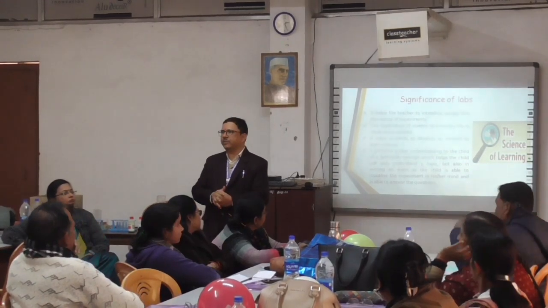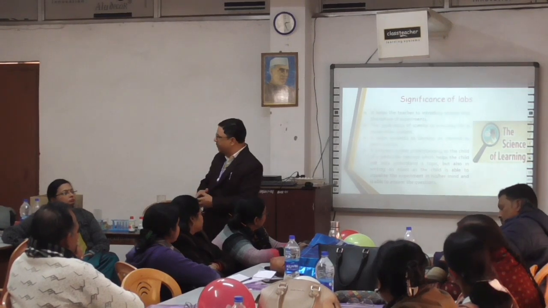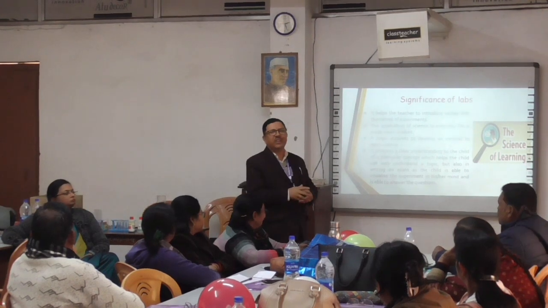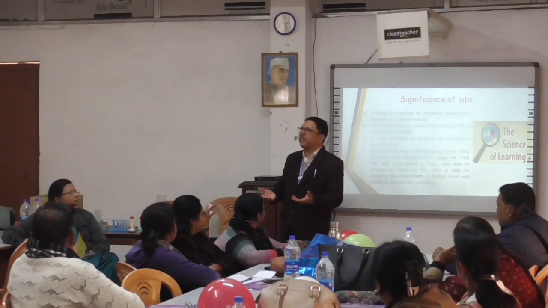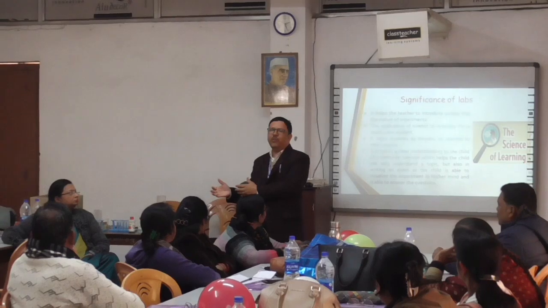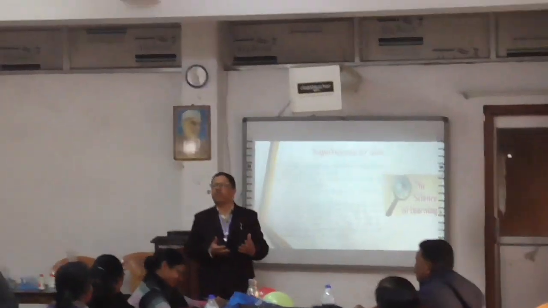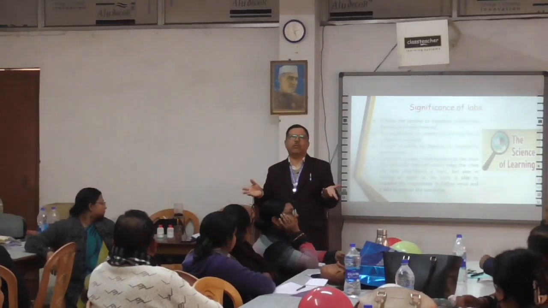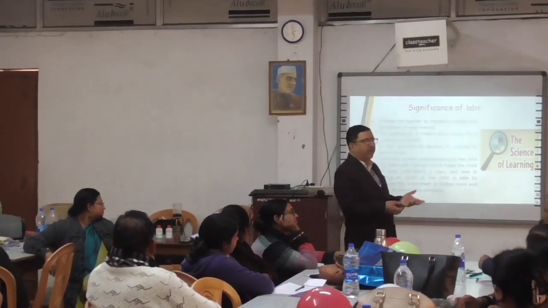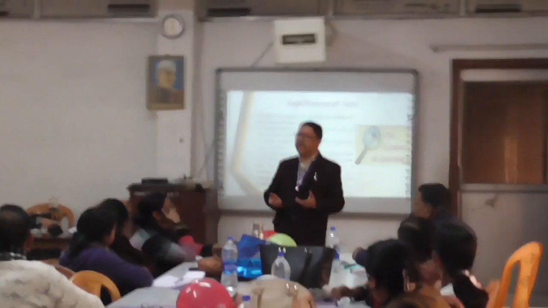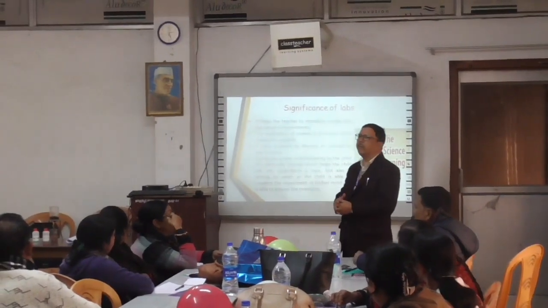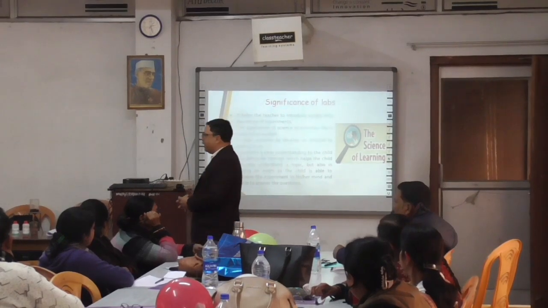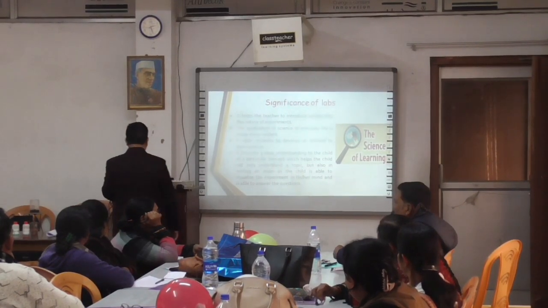How can we go for an experimental approach? Here you can see we have brought a lot of apparatus, just see what is the use of these apparatus. But even without such apparatus, we can do some activities by using only things that are usually available in our kitchen or in our surroundings. So by using all such things, we can go to the class with an experimental approach, and that is the motto of this labs on wheels.